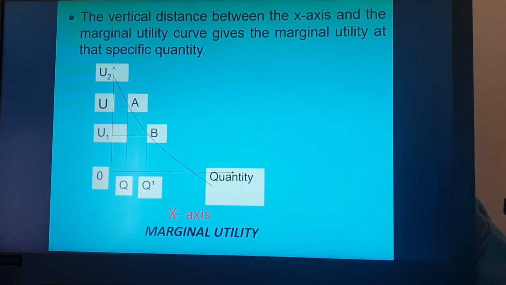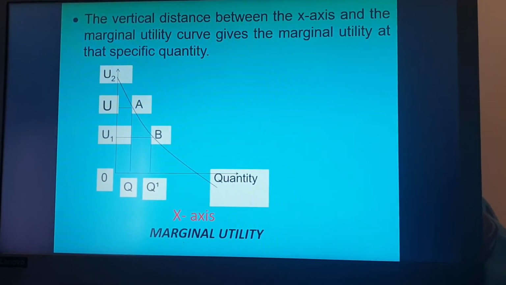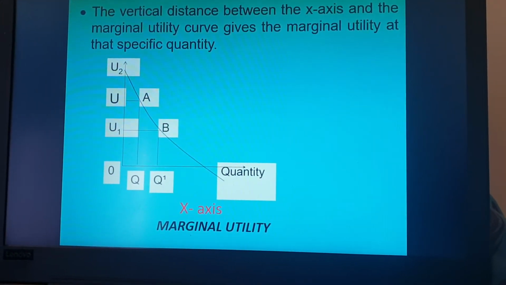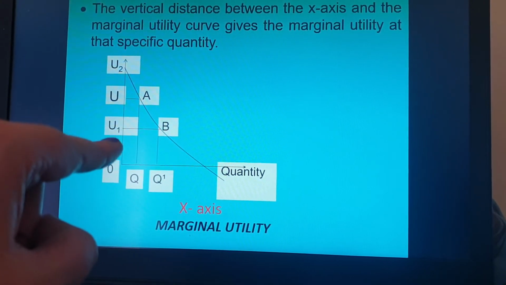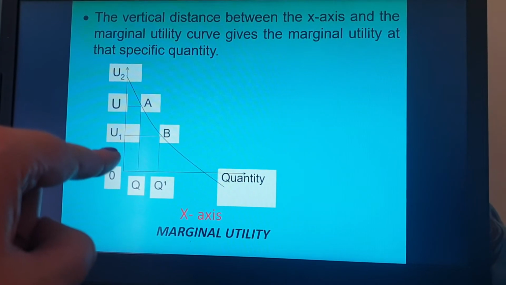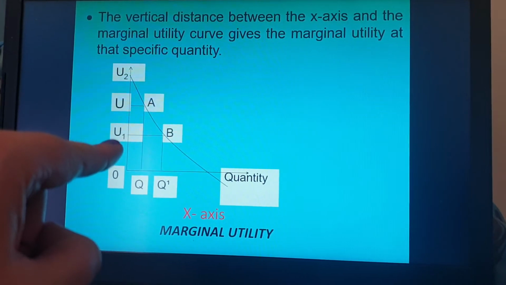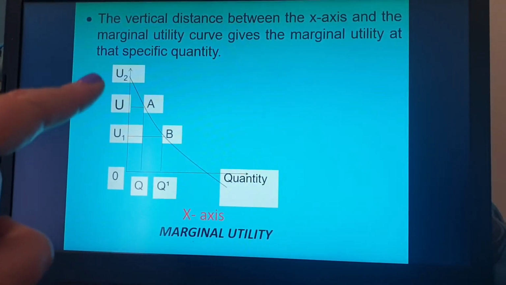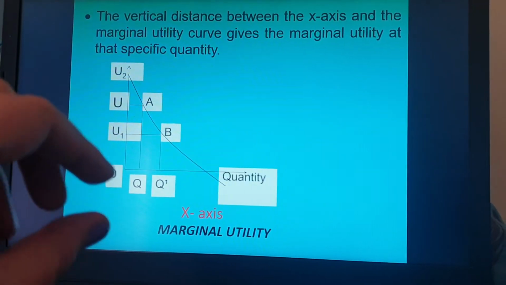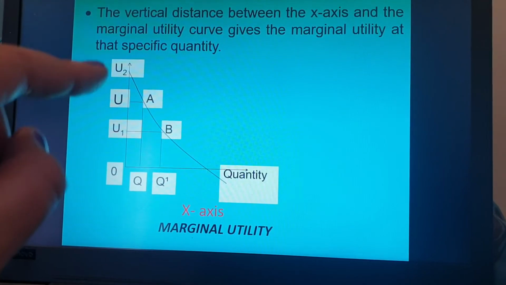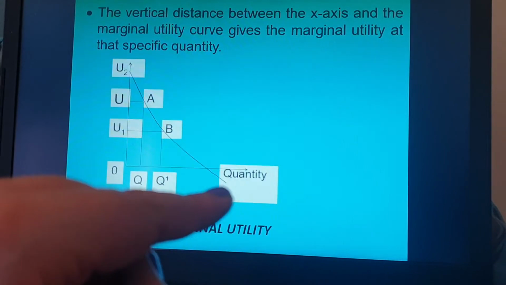The vertical distance between the x-axis and the marginal utility curve gives the marginal utility at that specific quantity. Okay, so vertical distance here from U to U1. They say the vertical distance between the x-axis and the marginal utility curve gives the marginal utility at that specific quantity. Right, so it actually is just going to show us in the end what happens if I consume more. When I consume more, my satisfaction is going to be less. It's going to